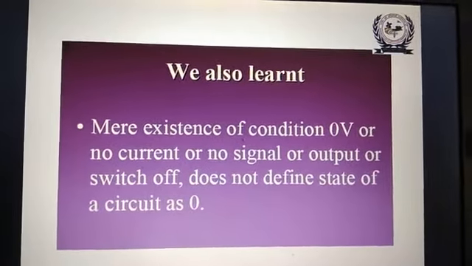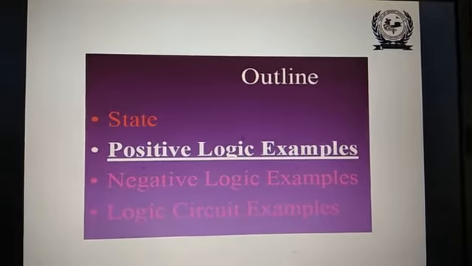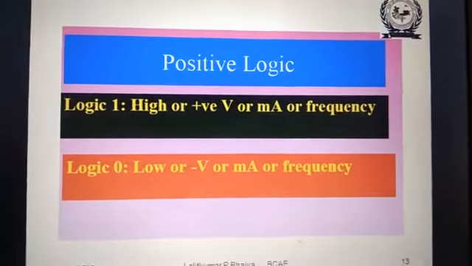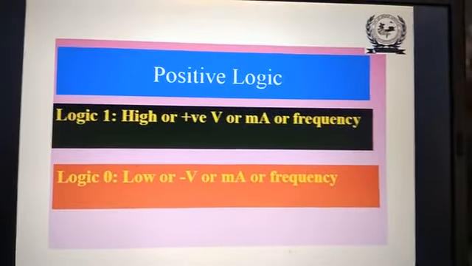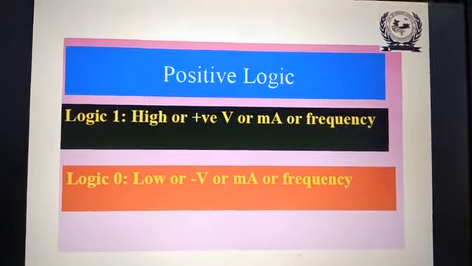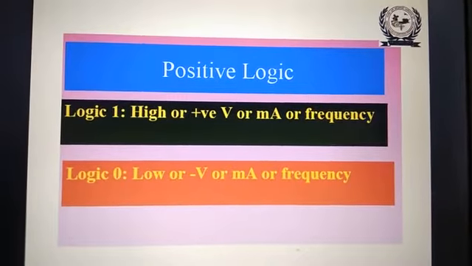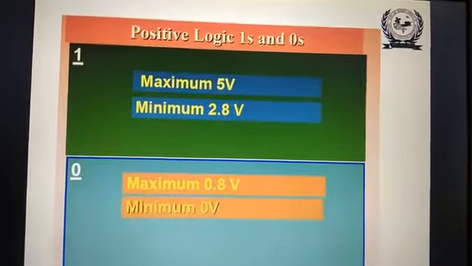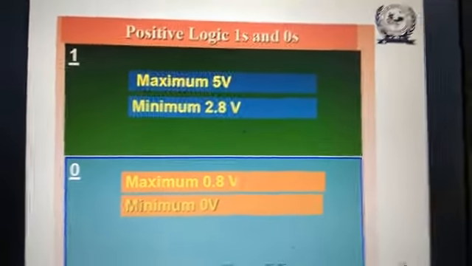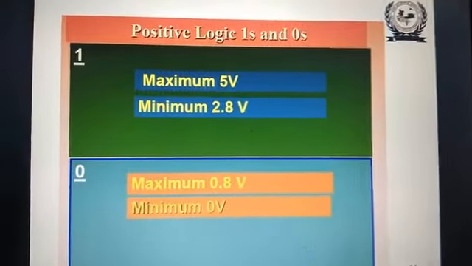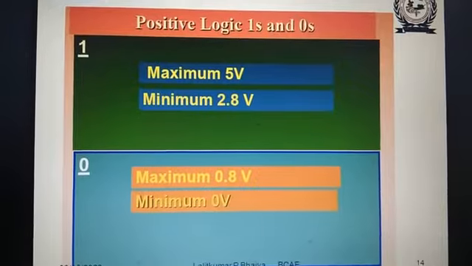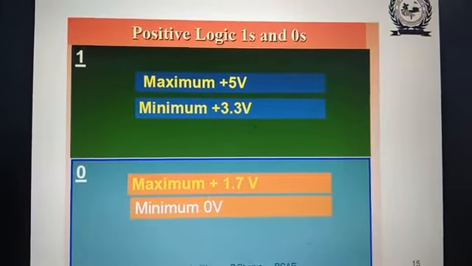And condition 0 and condition 1 we have seen. We have also seen about the positive logic, negative logic and logic circuit examples. Logic 1 is represented as high voltage or positive voltage or milliampere or frequency, and logic 0 is defined as negative voltage or low voltage or milliampere or frequency. This is the example for positive logic 1 and 0 state. Here we use plus 5 volt, 2.5 volt as 1 and 0.8 volt and 0 volt as 0. This is positive logic,